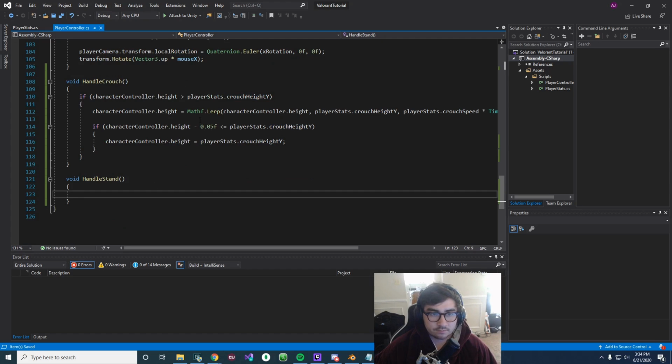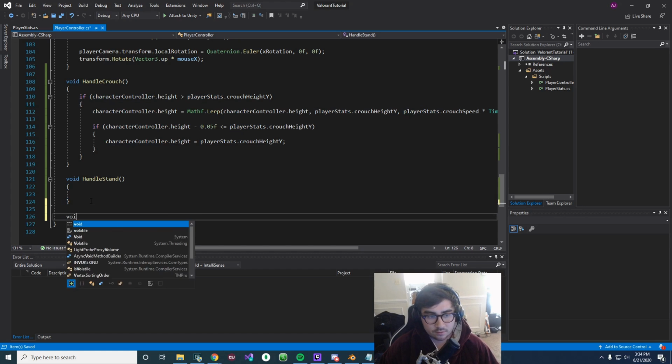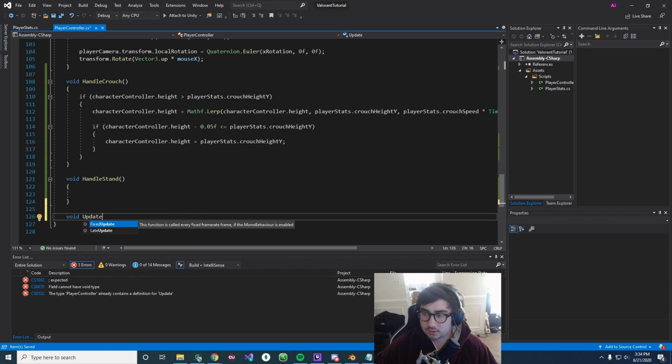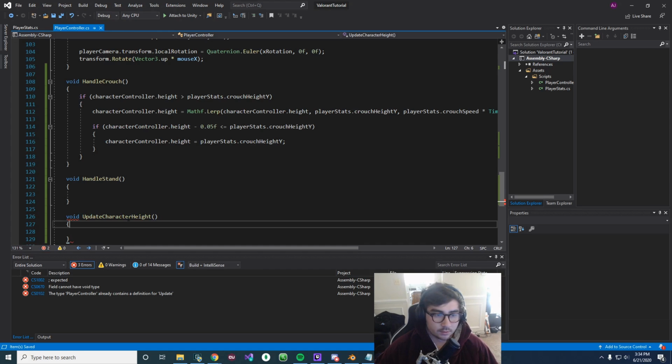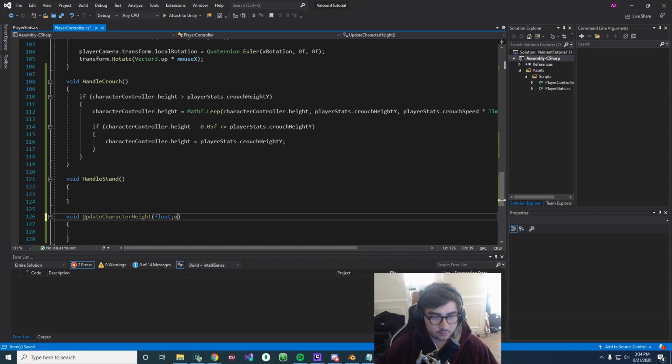So in our handle stand function, we're actually just going to be doing a similar thing. Instead of lerping down to the crouch height, we'll be lerping back up to the standing height. So to avoid redundancy in our code, we'll make a new function to do this lerping stuff. So we'll say void update character height. Okay, and then we'll have a float, and let's just call it new height.